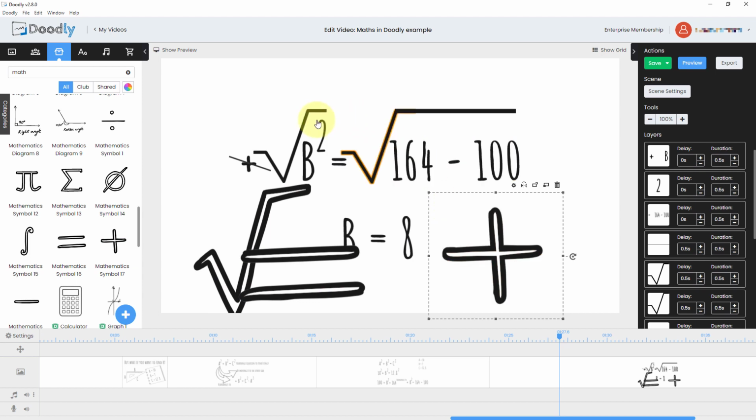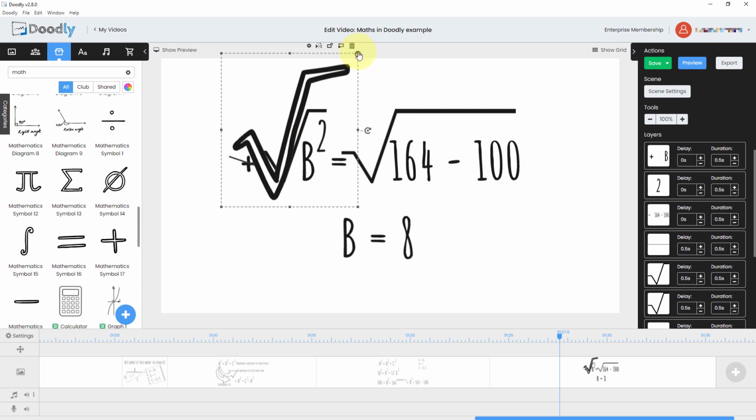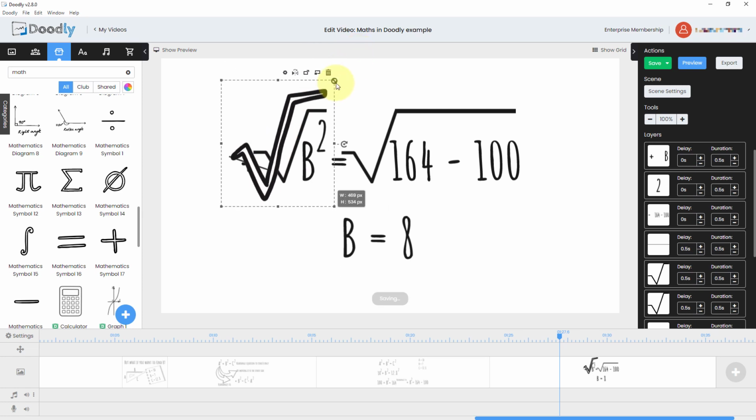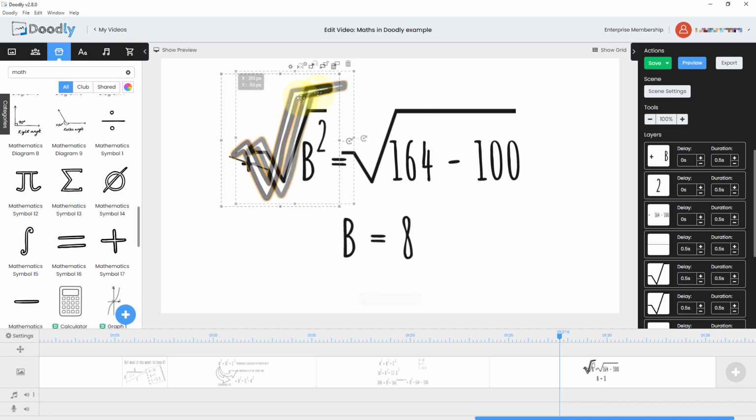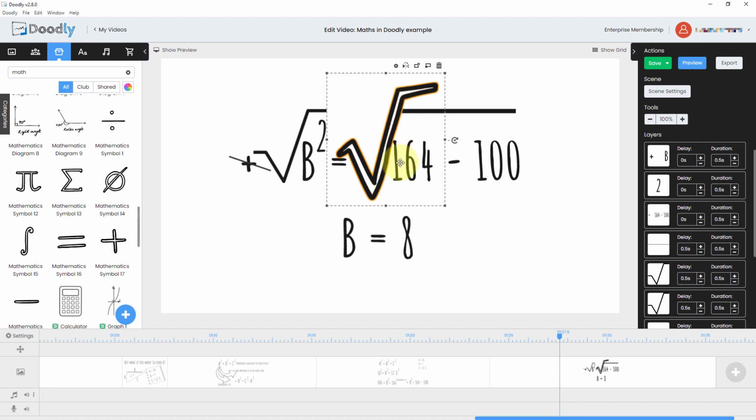One of the problems you have with square root is that the top of the square root has to cover what's being square rooted. So this, for example, wouldn't be able to fit in, and we can only scale it in both directions. We can't scale it in one direction, i.e. we can't make it longer that way. So that might fit in there and be okay, but this wouldn't fit in here and be okay over this part. So I'm going to get rid of that.